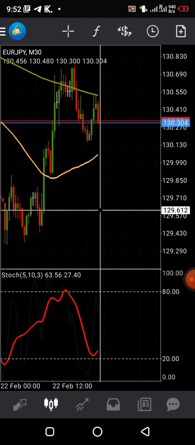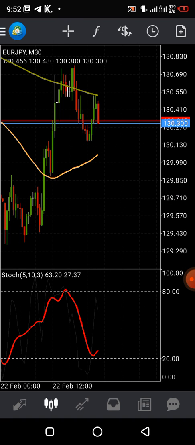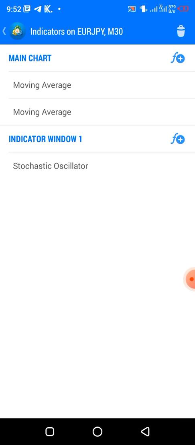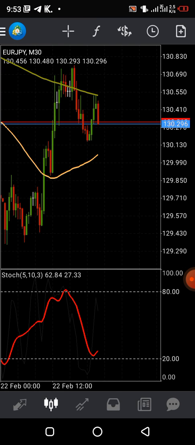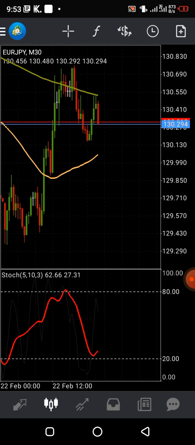You can pick a price and read the price from any point here, and you can drop it back. And this is a function where you have to set your indicators, moving average and whatever indicators: stochastics, Fibonacci, RSI, where you have to check all of that. All right, the next thing here is going to be